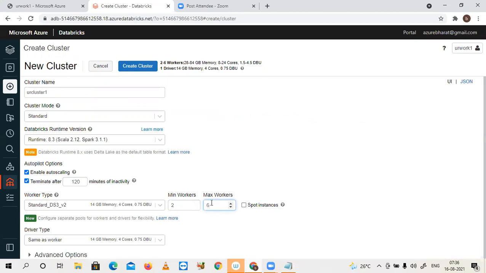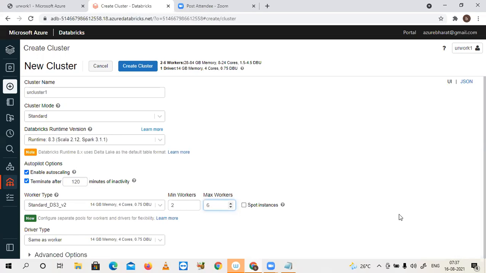Just for example, I have selected a minimum of two worker nodes and a maximum of 6 and enabled auto scaling. But while you are practicing, just disable it and select only a single node, because your intention is only to practice. You are not going to deal with petabytes or terabytes of data. Just go with only a single node.